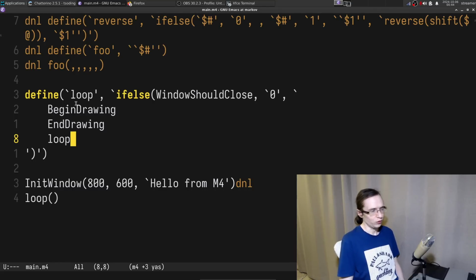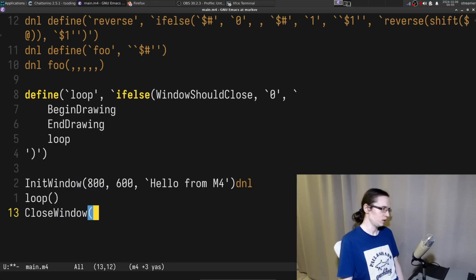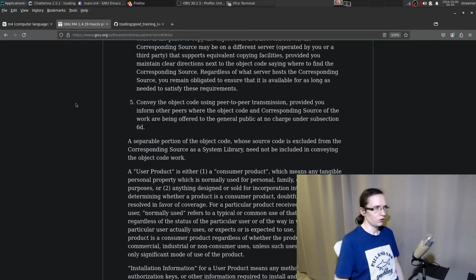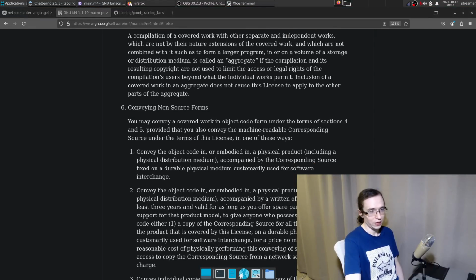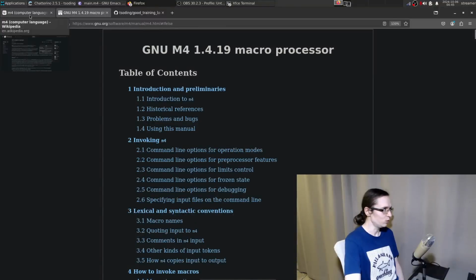You should add an extern command. It's too much work. It's just easier to simply hard code these things in the source code. So in here we can do something like close window like this. Maybe we don't even have to do it like that. All right, so let's actually find the source code for this entire thing and see if we can even build that or modify that or anything.